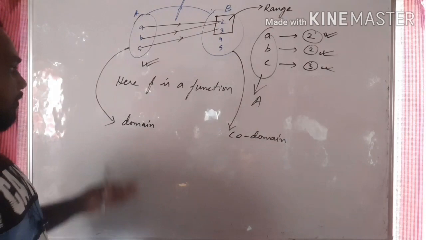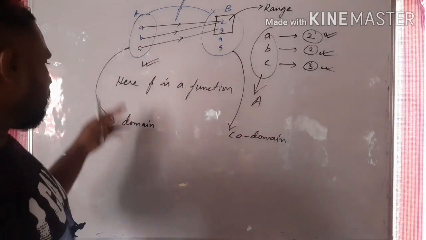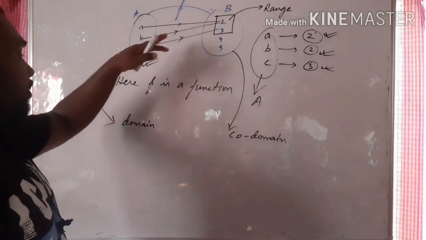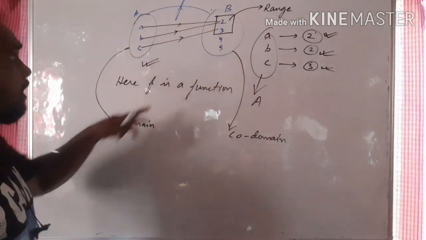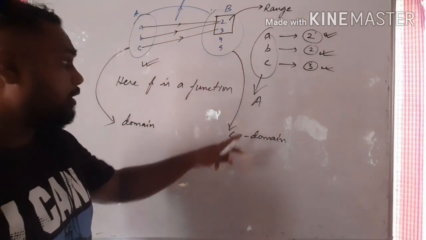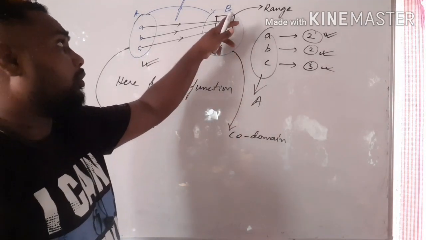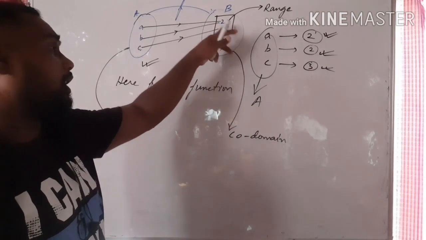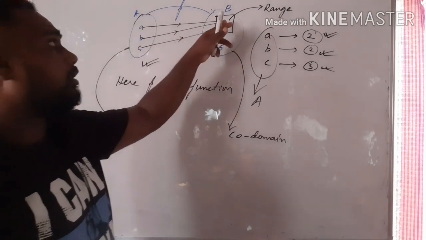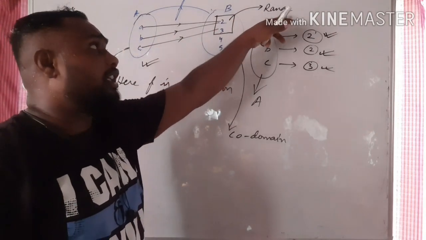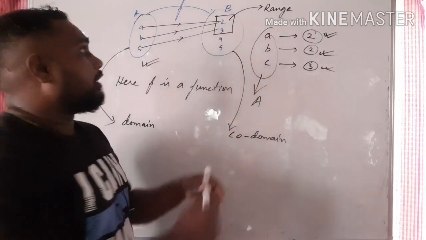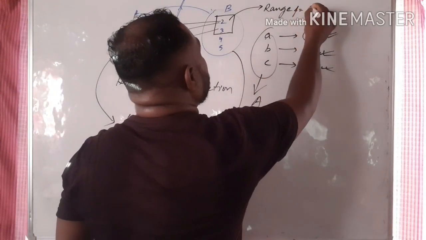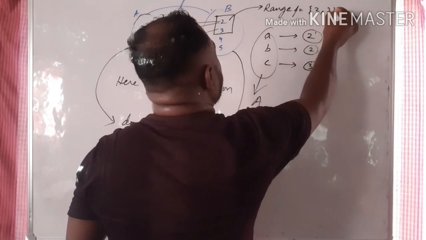Okay, so I have told you what a domain is here. If f from A to B is a function, then this set A becomes the domain. This whole set B will become the codomain, and whatever elements of B are related to the set A, those elements will constitute the range set. Okay, range. Is it clear? So if I write the range of f here, it will constitute 2, 3 like this.